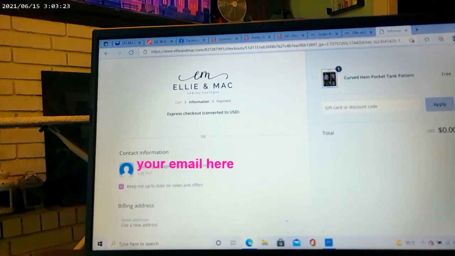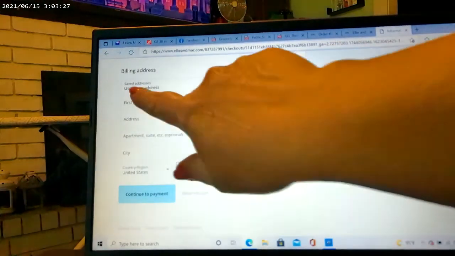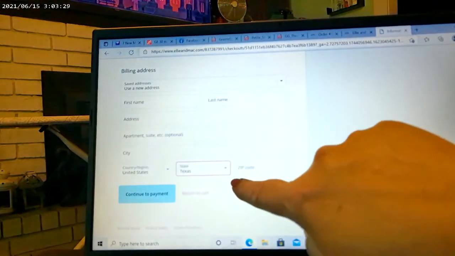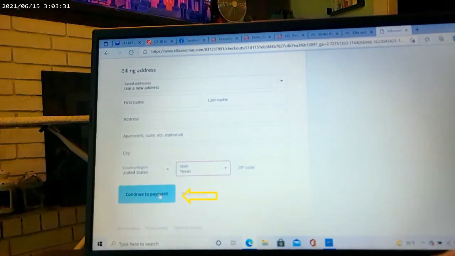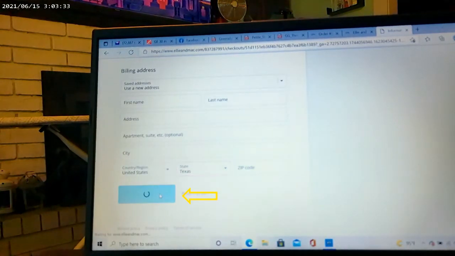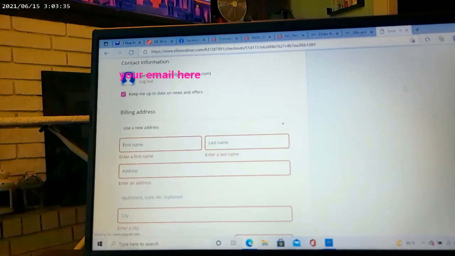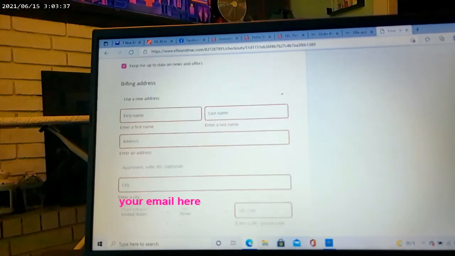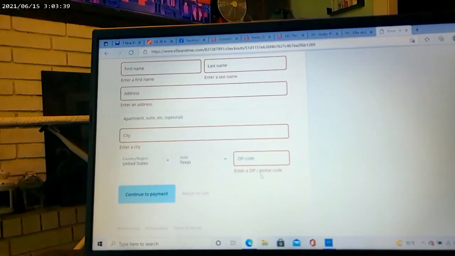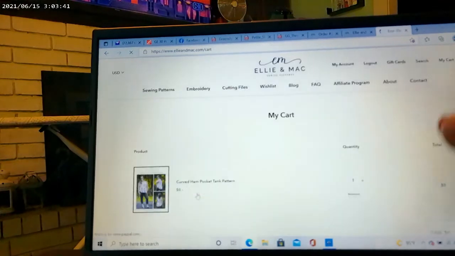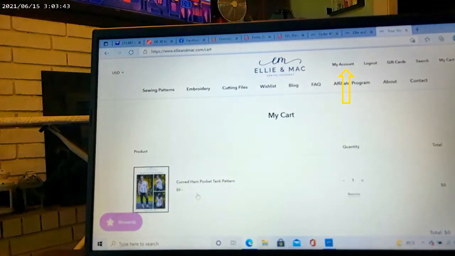Okay, so it will lead you to this page, and then you put your address and information in, and then you click continue to payment. Oh, it's not allowing me to do that. So anyways, that's what you do. I already have it